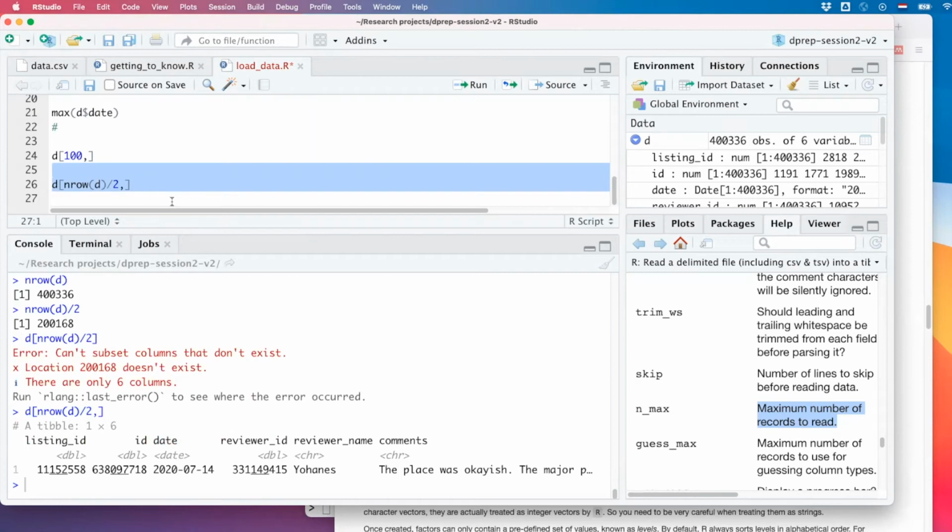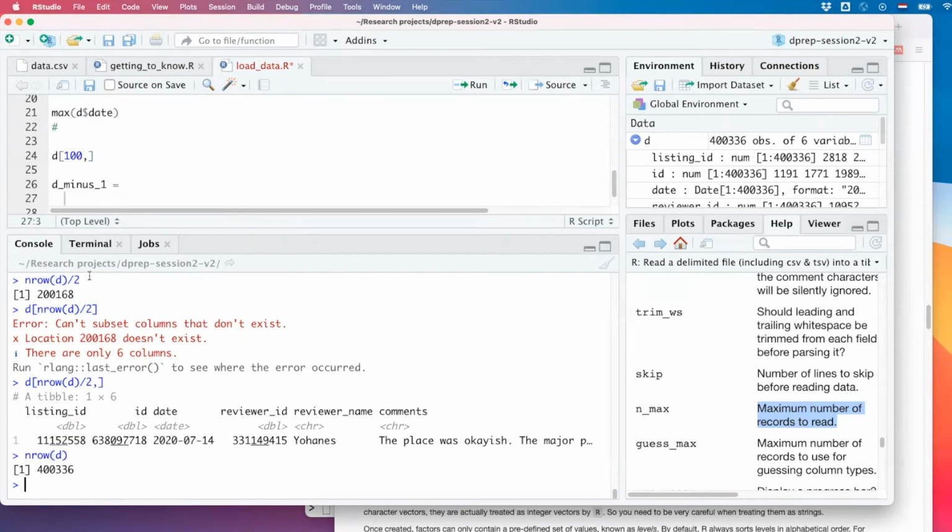Now, just imagine this data set was one row smaller than what I say. And row D is this. So we'll take a copy of this and let it run from line 1 to all of the rows minus 1.